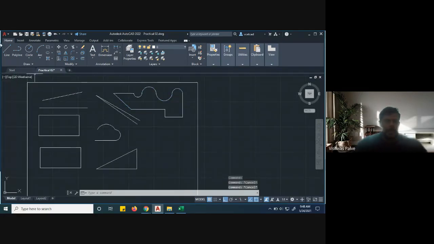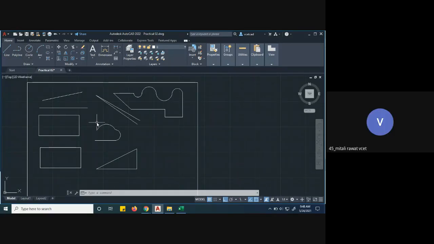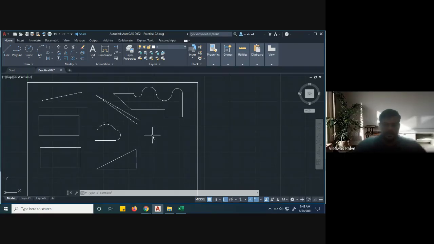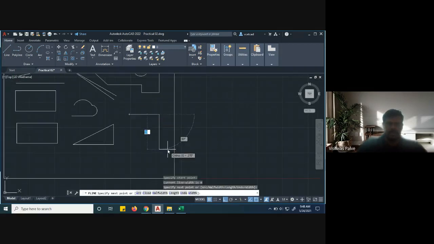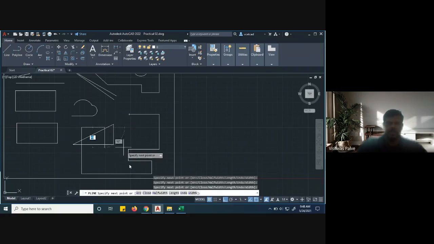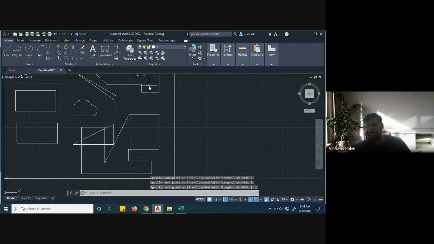So after seeing the line and polyline option, before going through, yes? What was the last step that you explained that joined the entire line? C. You have to press C, enter. I'll do that again. Okay, once again. Using polyline, suppose I want to connect the first and last point, suppose I have a geometry like this, a complicated geometry. I want to connect the first and last point now. So you just press C, enter. It will go and connect with the initial point. Is that clear? Yes, sir.